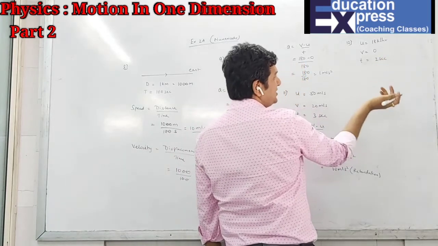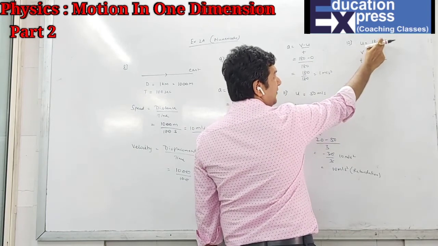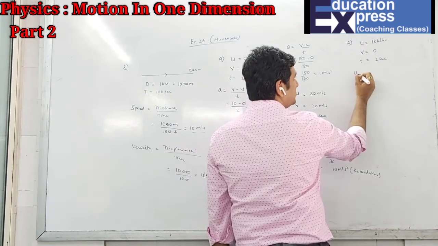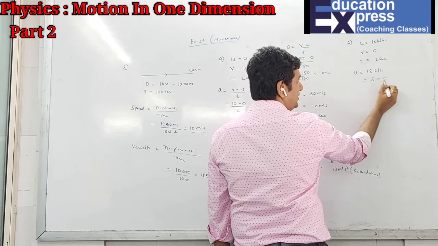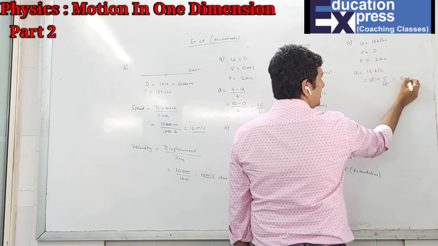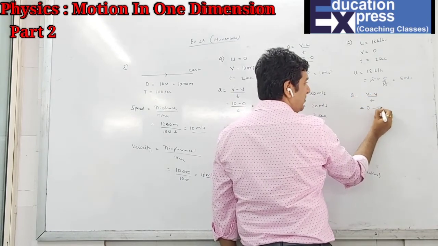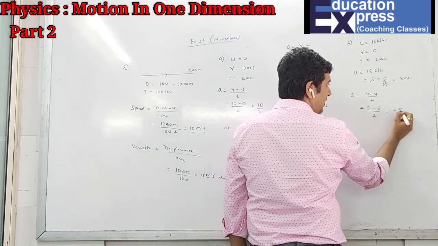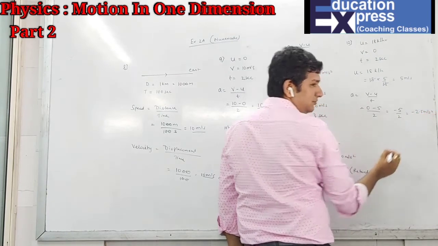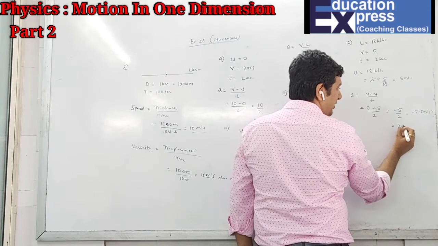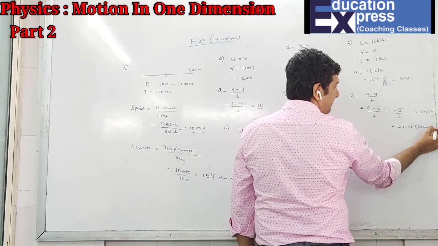Why was there retardation? Again the same thing. The velocity is decreasing. But you can see that this is in seconds, this is in kilometers per hour. I convert kilometers per hour into meter per second. How to do that? To convert kilometers per hour into meter per second, you have to multiply 5 upon 18 and the answer is 5 meter per second. So the acceleration over here will be v minus u upon t. V is 0, u is 5, time is 2 seconds. So answer is minus 5 upon 2, which is minus 2.5 meter per second square. But I will not write in the negative format. I'll just write 2.5 meter per second square, bracket, retardation.